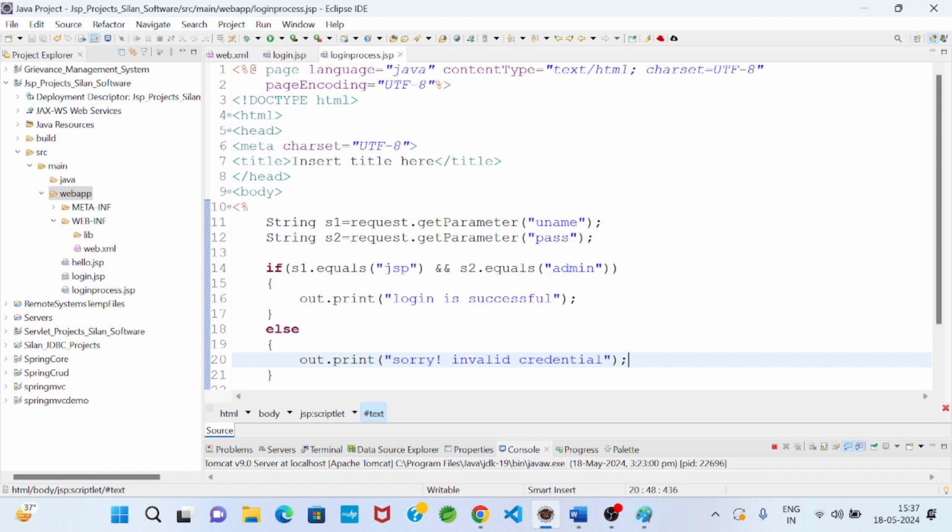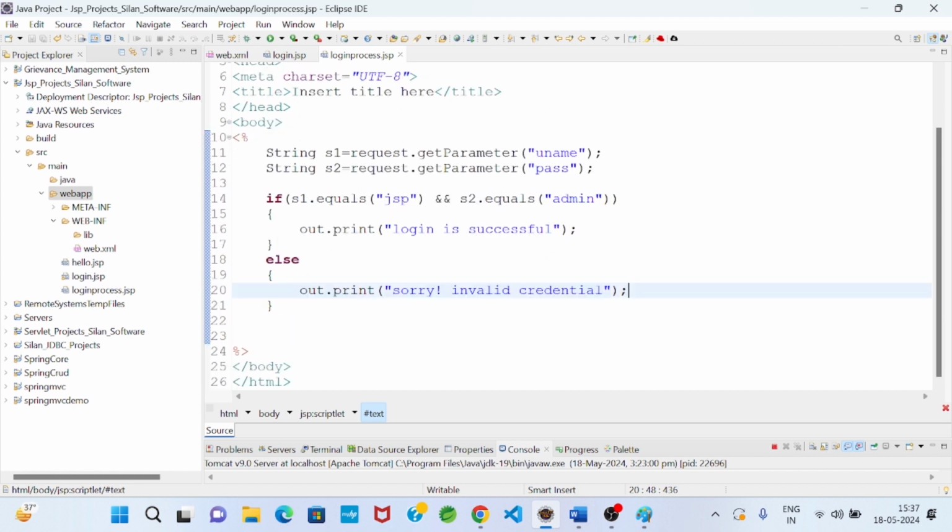So login process.jsp is my business logic. So now this is scriptlet, this is implicit object, then page directive is remaining, when I will import a package. In which way we will import a package, that is page directive.